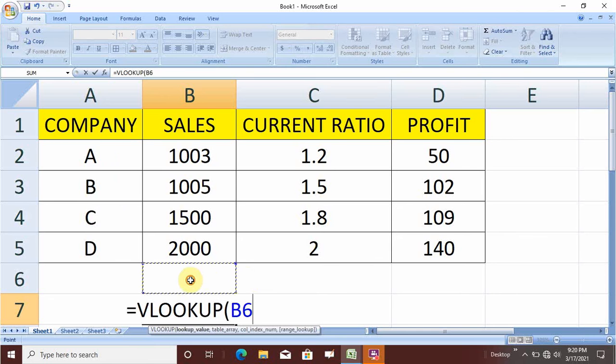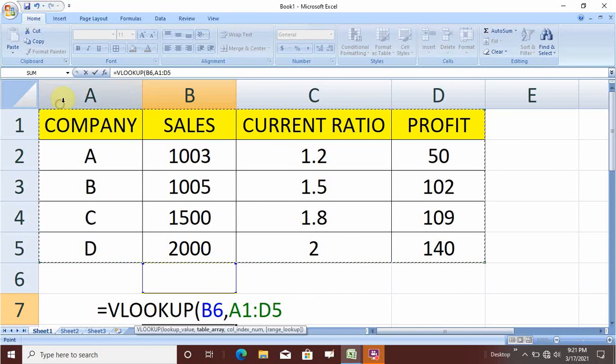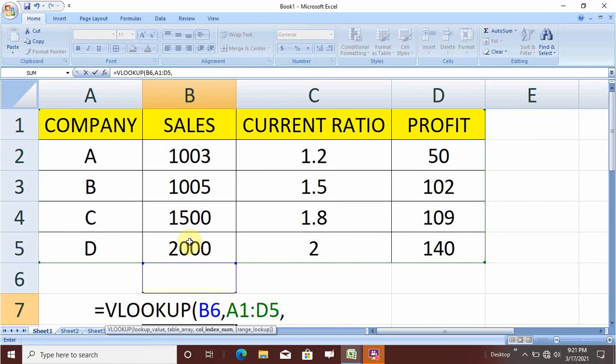Now suppose here I keep the variable field here. Then select the set of data, whatever set of data is given, you select all the data, then again you put a comma and then type the column.